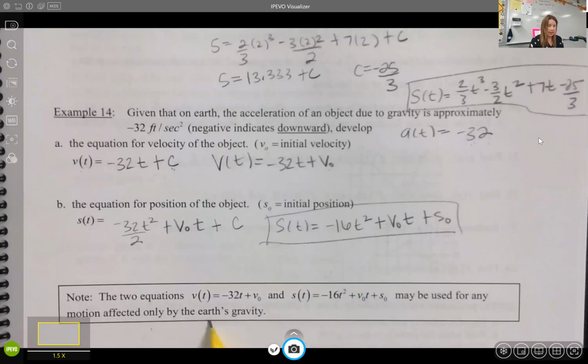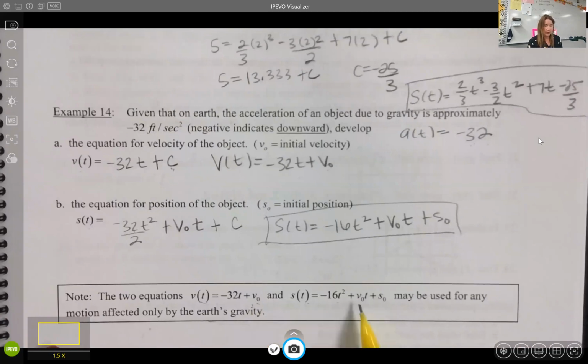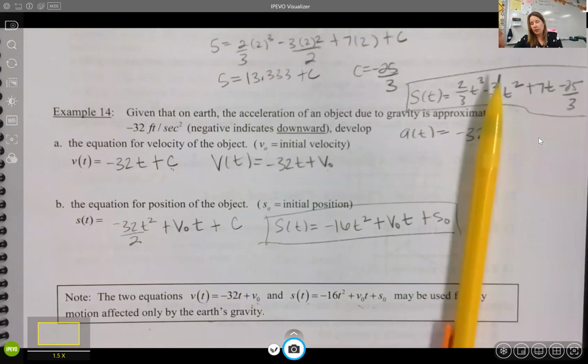So we can use velocity, negative 32t plus v0, or position, negative 16t squared plus v0 t plus s0. So you need to go to your physics teacher and tell them that you learned where those gravity and acceleration equations came from